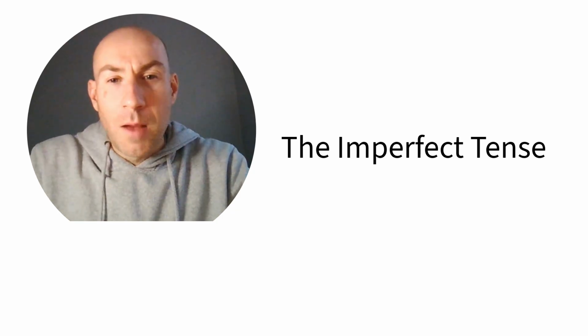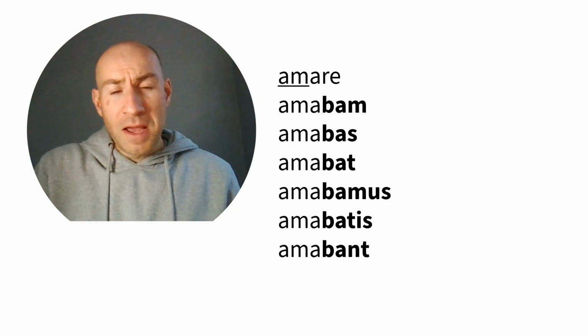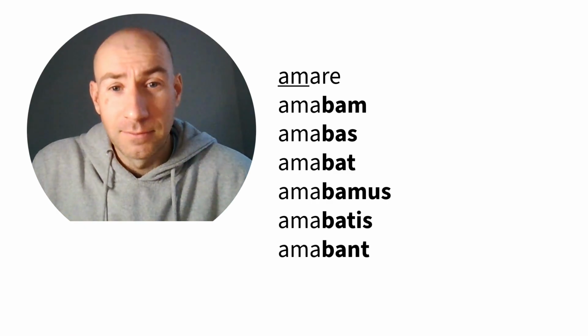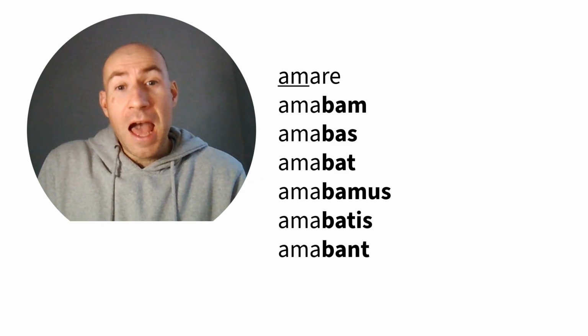Let's take a few examples and hopefully it will become clearer. We're going to start in this video with are verbs, first conjugation verbs, and I always like to start with amare. Hopefully you remember that means to love. And in the present tense, you should be really good at this now. It is amo, amas, amat, amamus, amatis, amant. But in the imperfect, what we'll do is remove our infinitive are ending, which takes us back to the stem, in this case am, and then we're going to add amabam.